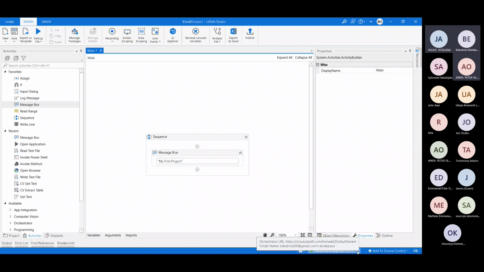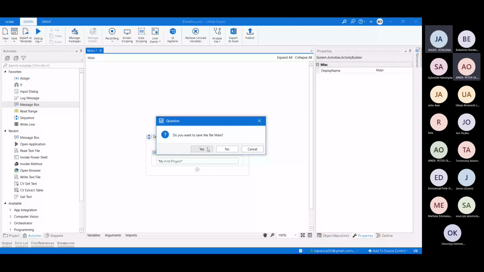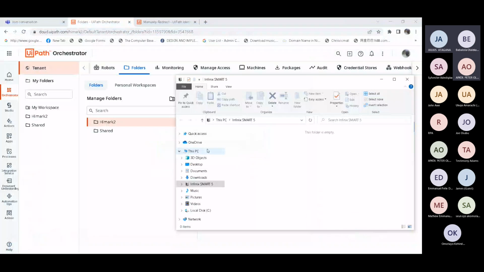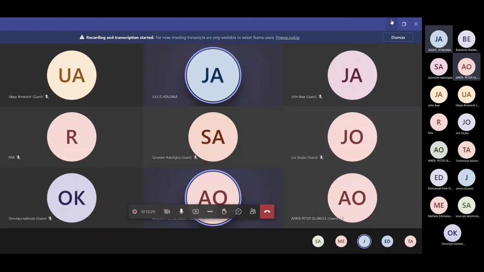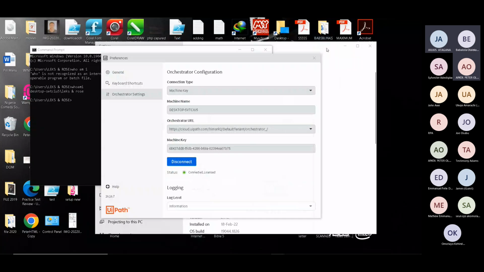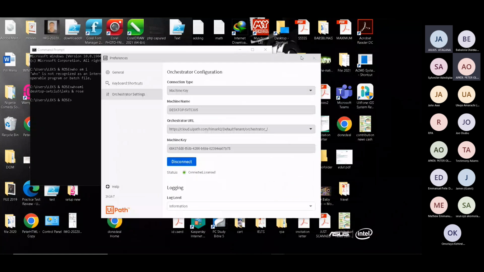So we could close the studio and come in again, because at the time this studio was launched, it seems that only this folder was showing in your orchestrator. But when you close the studio and launch again, it can locate all the necessary folders you have there. And so when we are publishing, we'll be specific to publish to this iMac folder. Then we can publish to any of the folders and redirect it to the one we need.